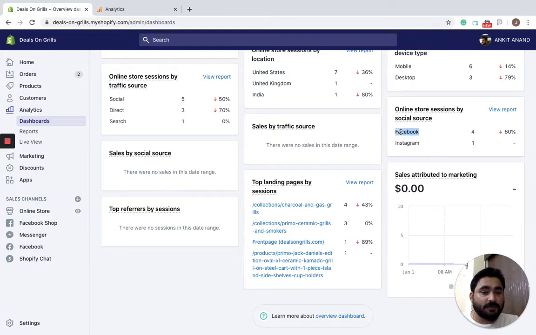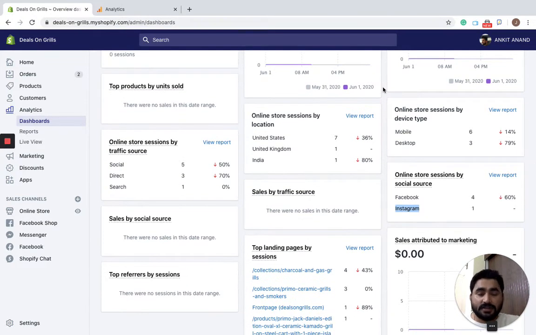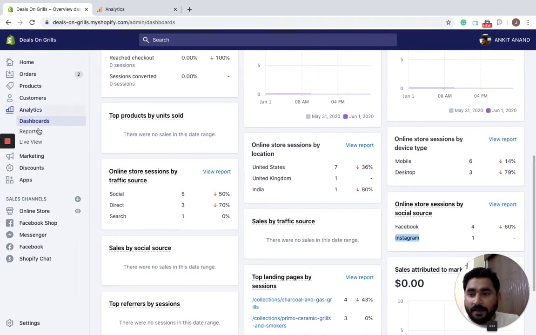It's showing that from Facebook I am getting 60% of traffic, and from Instagram I am getting one traffic. So our whole strategy should revolve around this. This is a hell of a lot of data. This data is pure gold, and you can optimize each and everything according to it. Okay, now coming to reports.